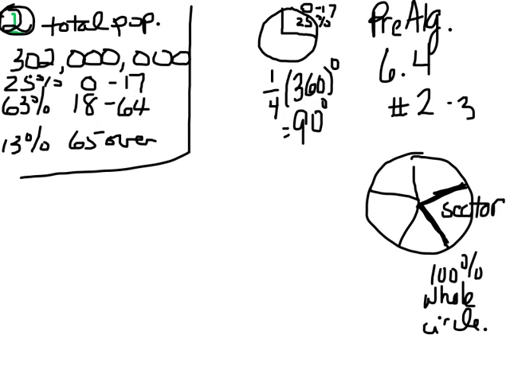But let's go ahead and follow the instructions. What they want us to do is, if we're trying to figure out how much of the circle 63% would be, we'd say a whole circle is 360 degrees. 63% would be 0.63 of that. We could multiply those two numbers, and you can do it on a calculator or by hand, but you're going to get